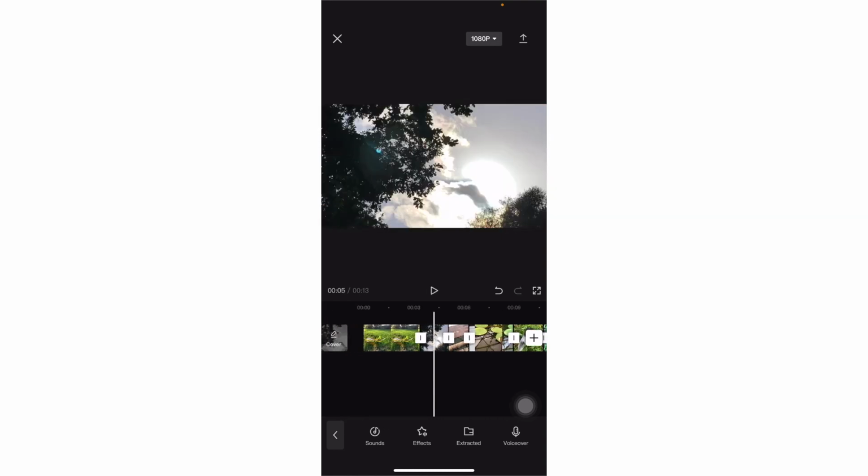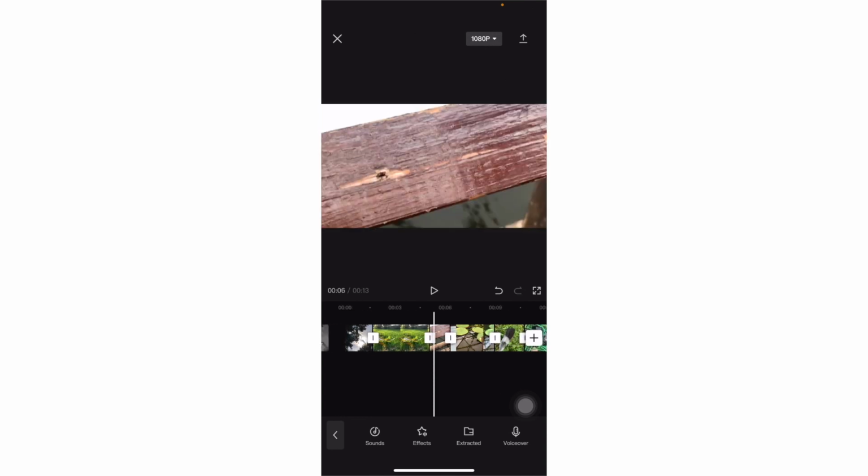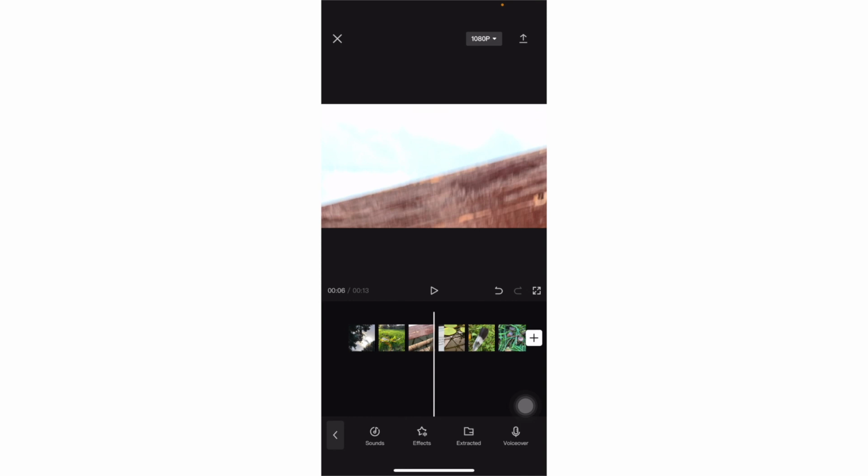Now, if I would be sorry about the order in which I put in the pictures, there's no problem at all, because I can just change it around. If I want the second photo to be the first one, I can just put my finger on it, keep it there for a bit, and you see the timeline changing. I can just drag this shot to the left and maybe drag this shot all the way to the right.